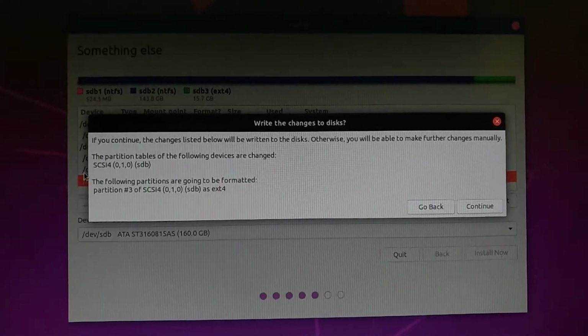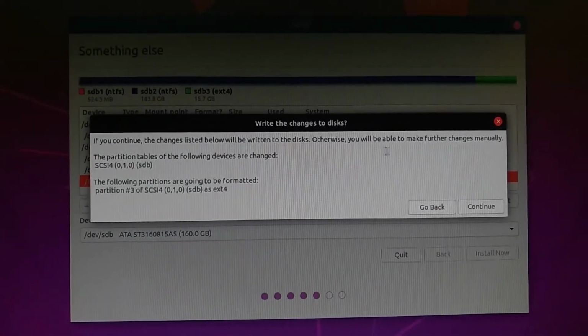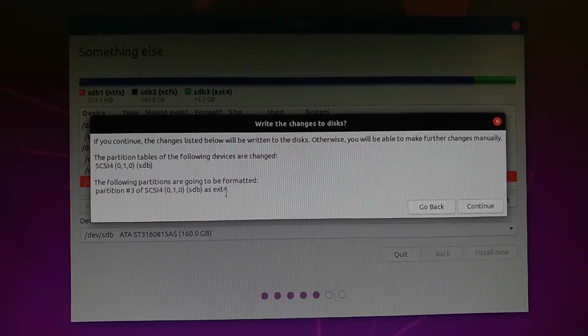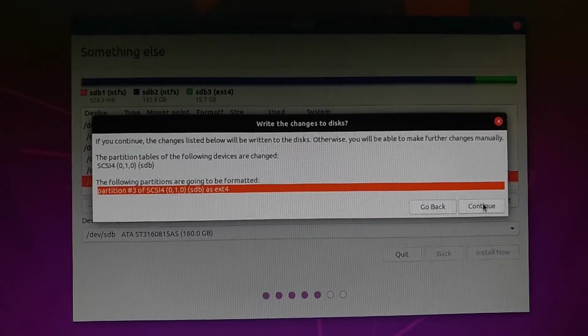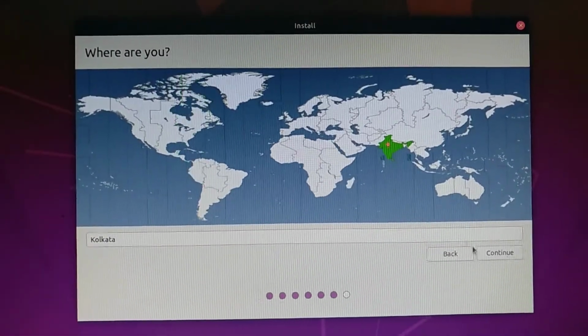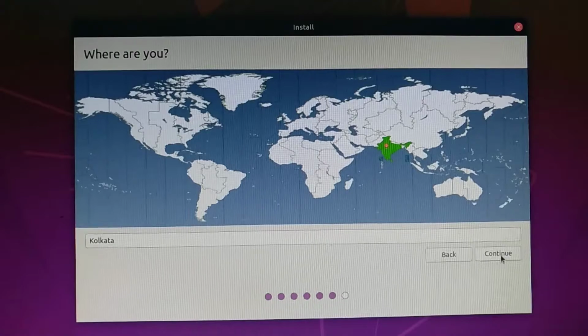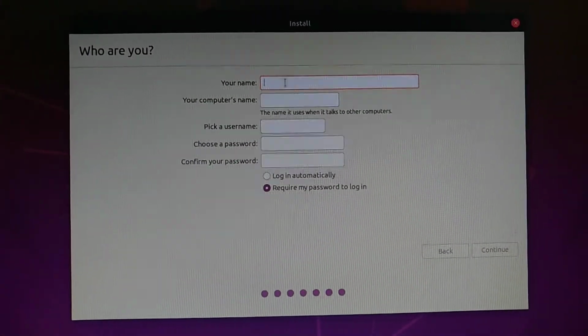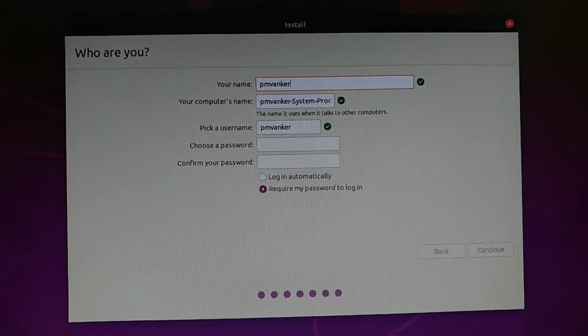It will prompt you that it will format the drive. Make sure you want to change. Yeah, I want it formatted as ext4. No problem, so continue. Select your country, whichever you are. I am from India, so selecting India. Give a name for your computer. Your name: my name is Praful Vankar.